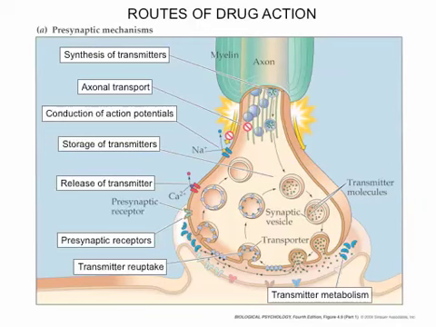Drugs can affect the storage of neurotransmitters. There are proteins that are involved in taking up transmitter molecules that are here in the cytoplasm and packaging them into vesicles. This is one way that amphetamines work on the neurotransmitter dopamine. There are drugs that can interfere with the release of neurotransmitter by interacting with the voltage-gated calcium channels that are necessary to dock the vesicles to the presynaptic neuron. There are presynaptic receptors. We've talked about the postsynaptic receptors for neurotransmitters, but there are presynaptic receptors that are expressed, and we'll talk about those later on in the course, and drugs can interact with those as well, and this can change the release of neurotransmitters